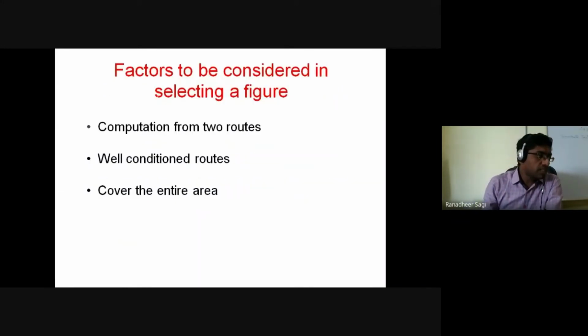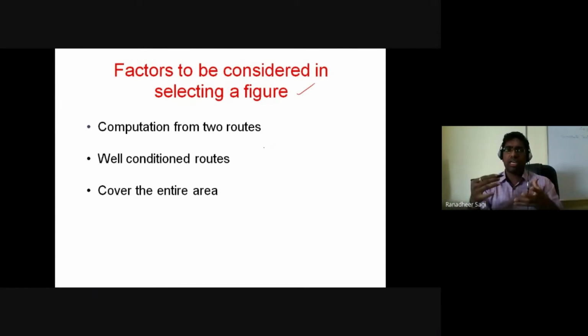What are the different factors to be considered in selecting a figure? When we say selecting a figure, I mean whether it should be a braced quadrilateral, a simple triangle, or a centered figure. How should I make a decision in selecting such figures? We have certain things that we should keep in mind, depending on how the triangulation network is to be represented: by triangles, by braced quadrilaterals, by centered polygons or centered triangles, or a combination of those.